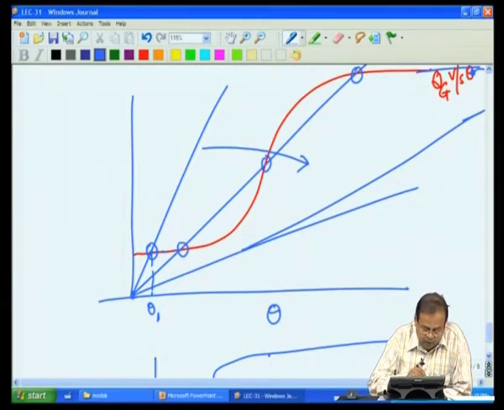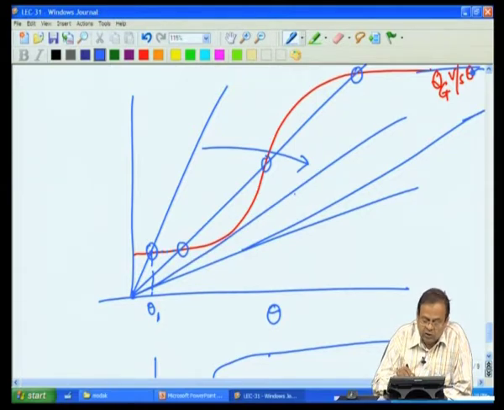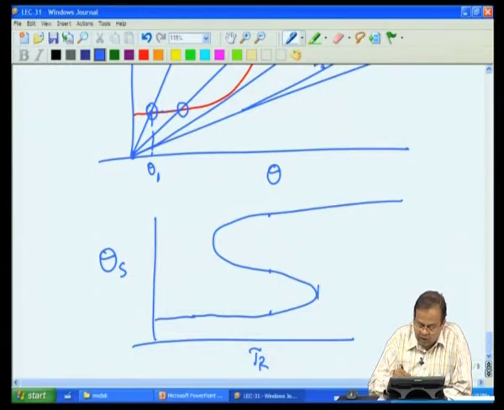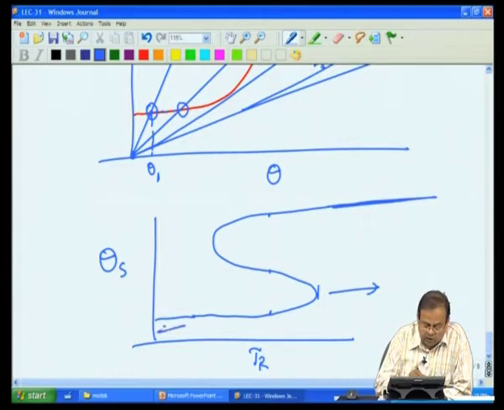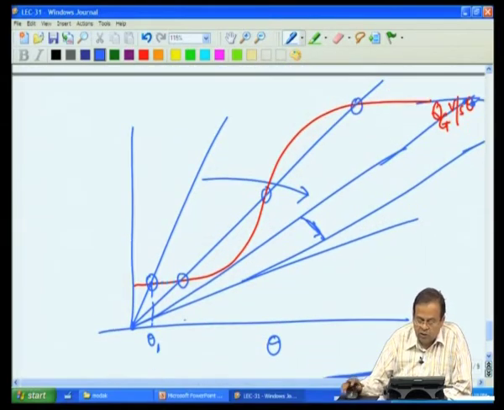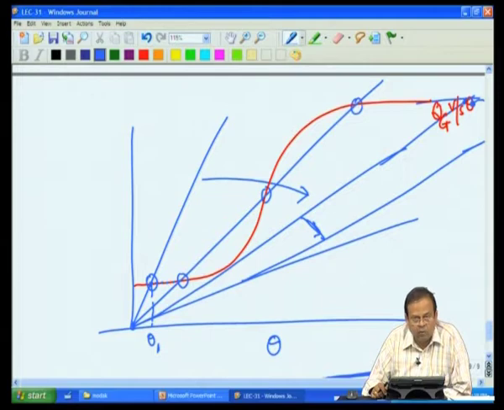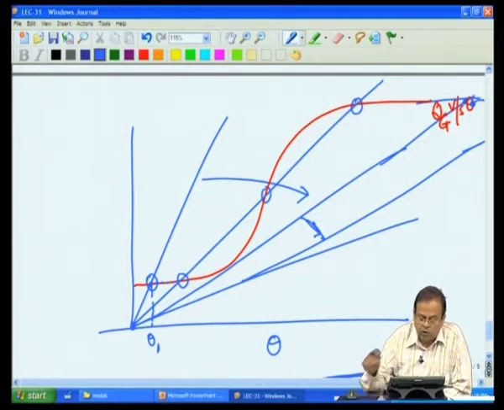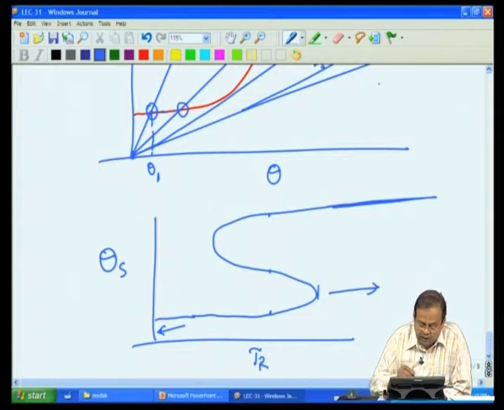But if our residence time is such that our slope is below this line, or our removal rate is below this line, then what feasible solution do we have? We have a feasible solution only with a high temperature. So, this is that regime. Here, in this regime we have only high temperature, in this regime we have only low temperature solutions, whereas for the intermediate value of residence time, we have the possibility of 3 solutions, and hence we will have this kind of behavior.